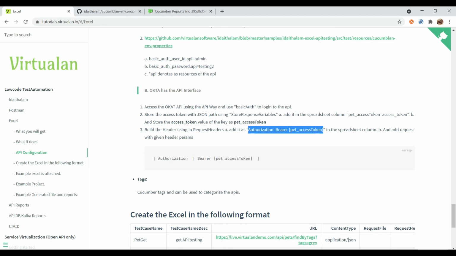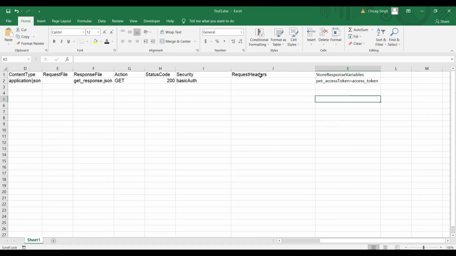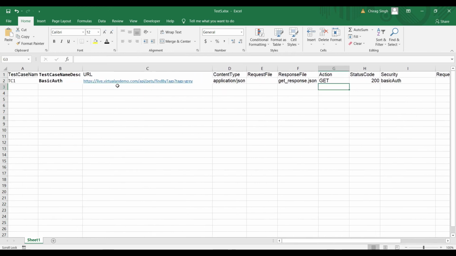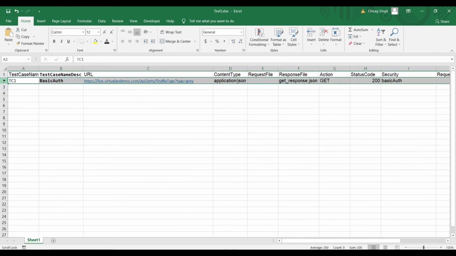The request header is also a column name which I mentioned here. So I just go and copy here a second.